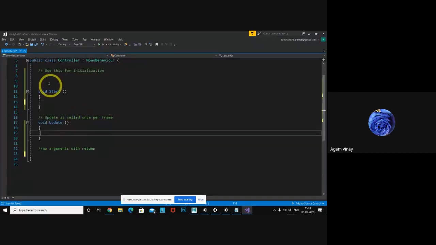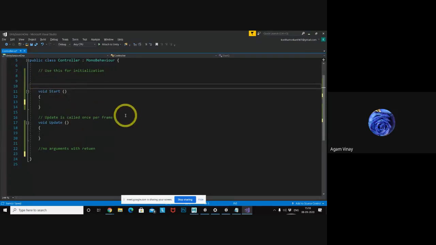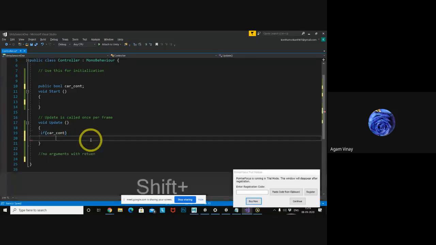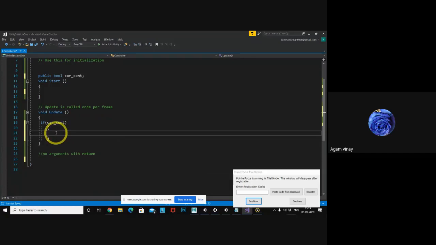Like this. Okay, for that I am taking one boolean, bool car control. So by default, what I will check is true. Which one? Car control is true. What will it do? Car has to move. Car has to move means the same object dot transform dot position needs to go with some speed.